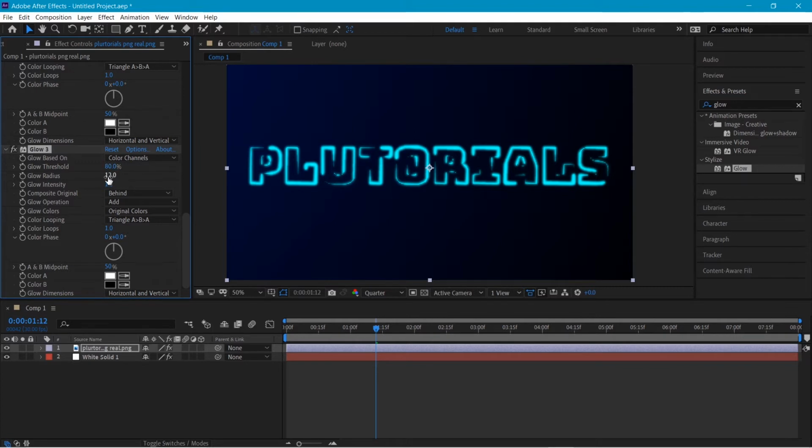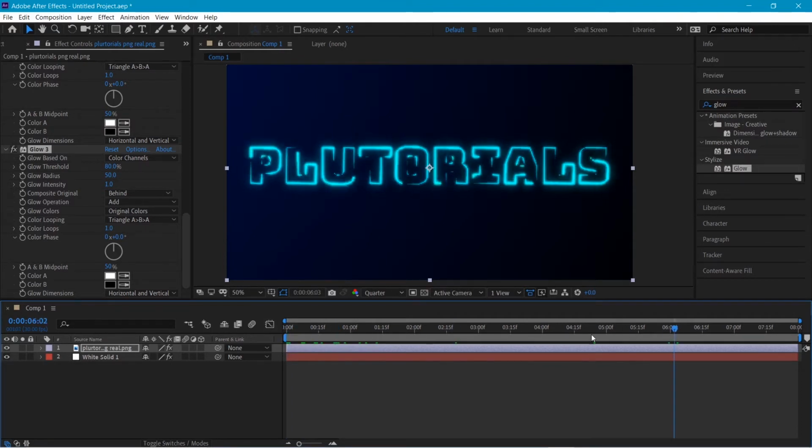In this, we will change the glow radius to around 50. Now it's getting the realism and the depth we wanted in this logo. It's looking way cooler after adding glow.